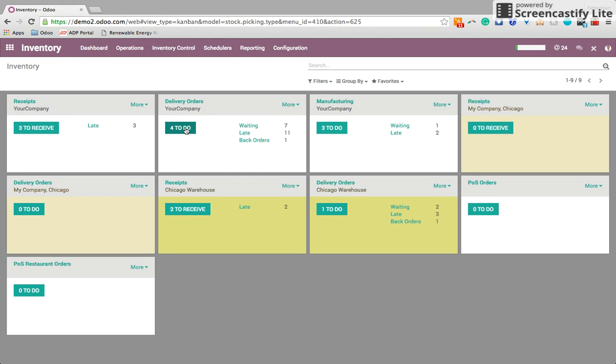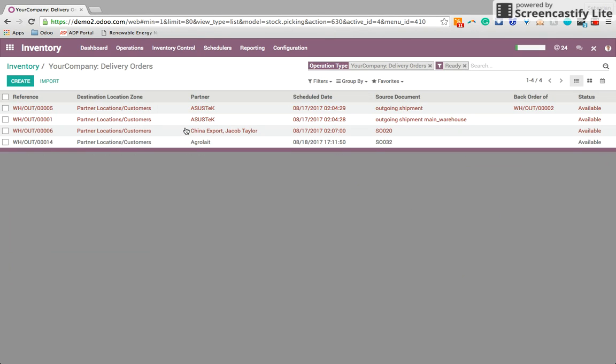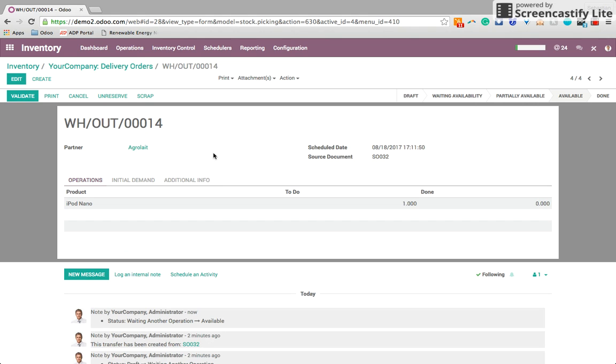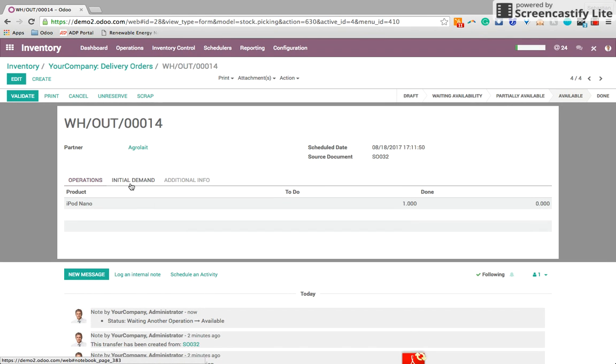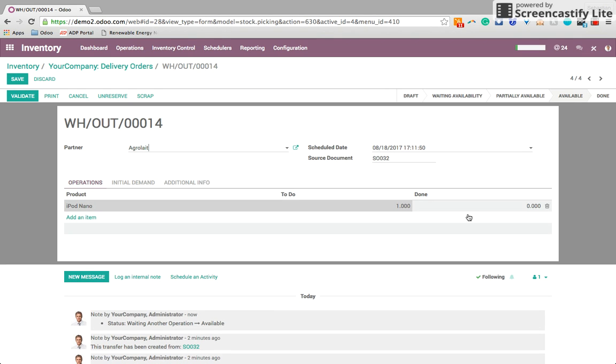And now I can fulfill my delivery order. So I'll click on my delivery orders. I have the bottom one, it's not late. And it's going out to Agrelay from sale order 32. I can see it's triggered down there. I've got that link. I can jump to it whenever I need. And now the shipping comes. I can obviously have my shipping configured here. We have shipping integrations with some very popular carriers, and you can calculate the cost of shipping. And then we can simply set this up